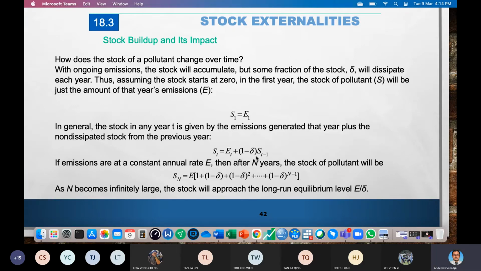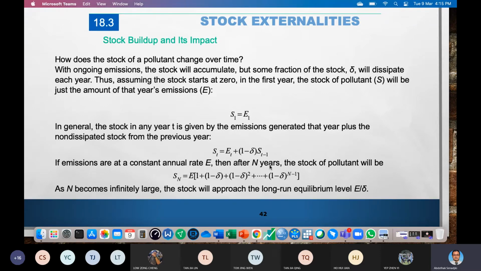Then in the third year, S3 equals E3 plus 1 minus lambda times S2. S2 we already have, which is E2 plus 1 minus lambda S1. Then we go for E4, E5, E6. This is mathematics. I'm not going to show here how we get it. In mathematics, when we have N years, if emissions are at a constant annual rate, meaning the rate is not increasing or decreasing, which is E,